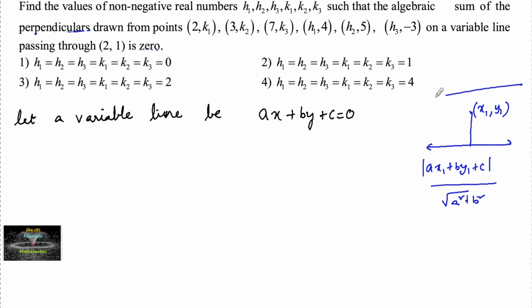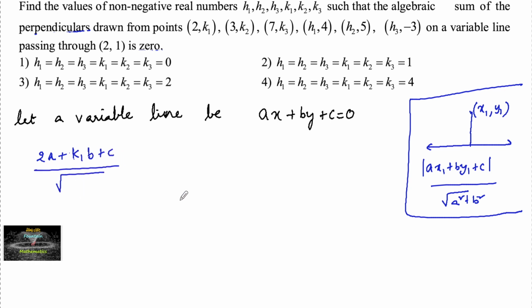So using this formula, the sum of the perpendicular distances from the given points will be (2 times a plus k1 times b plus c) divided by root over a square plus b square,